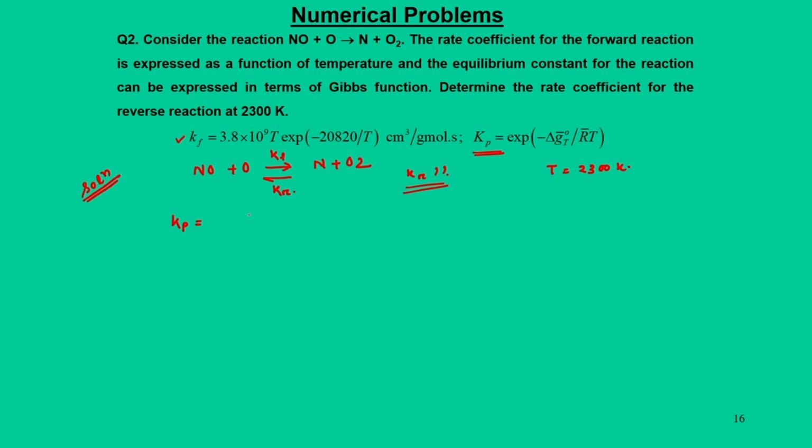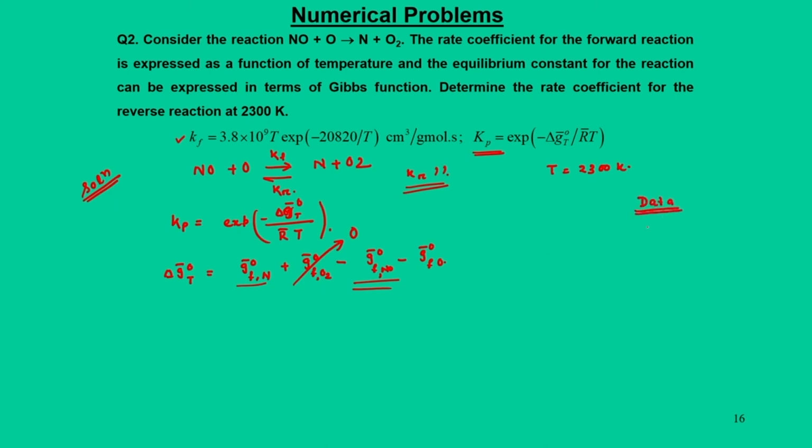So, Kp can be calculated as exp of minus delta G, molar Gibbs function, by R bar T, and we need data for this Gibbs function calculation. Now, this delta G, Gibbs function of formation at T, for this reaction we can write as the Gibbs function of formation for nitrogen plus Gibbs function of formation for O2 minus Gibbs function of formation for NO minus Gibbs function of formation for O. Now, here O2 is a stable gas, this number will be 0 and these 3 data are required. So, you have to take the data